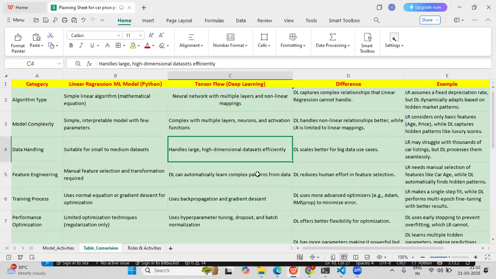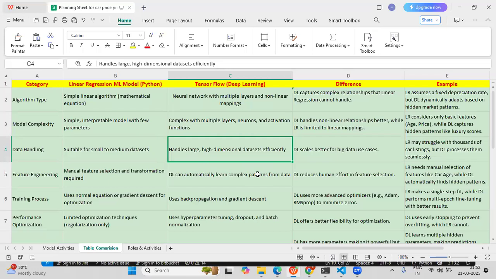The difference is that deep learning uses more advanced optimizers like Adam. It is a widely used optimizer in deep learning, and it helps minimize the error in the training process.